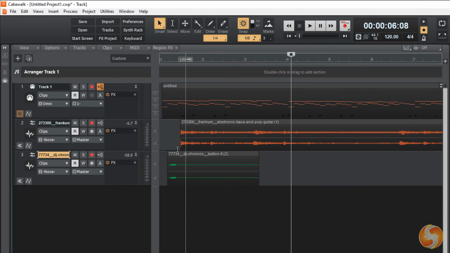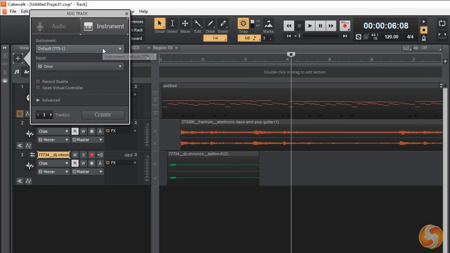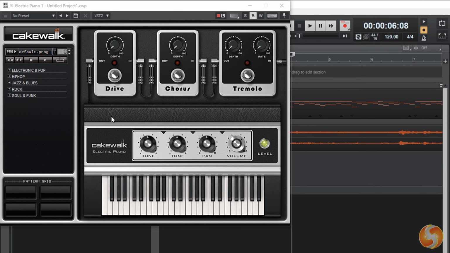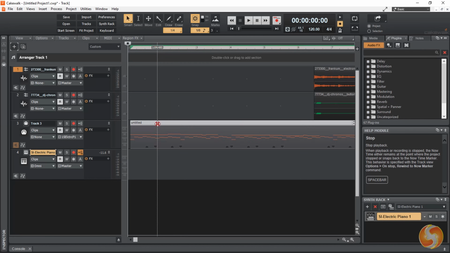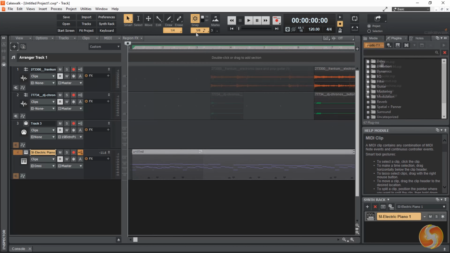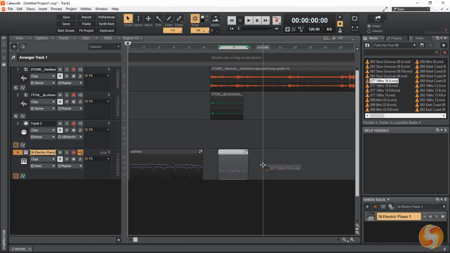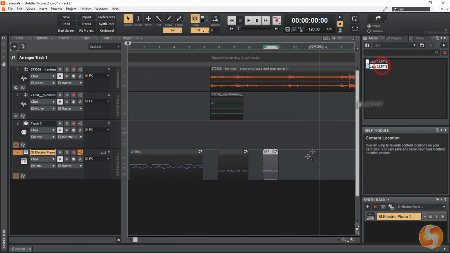To create a new instrument track, use the plus button in the top left corner, selecting Instrument, and then choosing the synth to use. At this point, you can import any MIDI file or any ready composition from the browser panel on the right, under Step Sequencer Patterns, MIDI Groove Clips, or PTN MIDI Patterns.